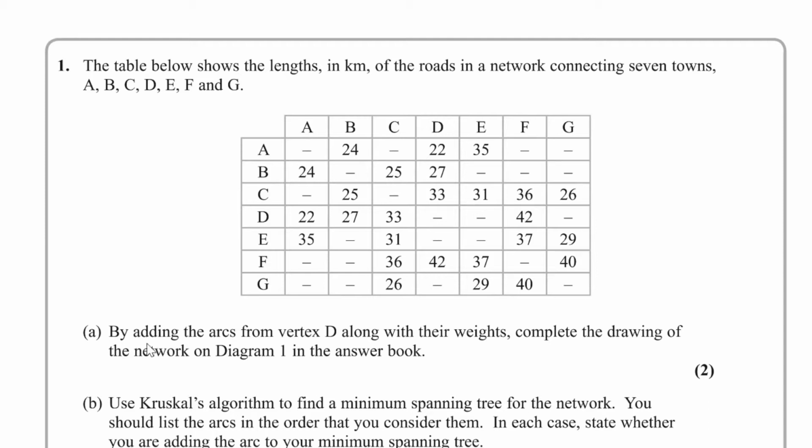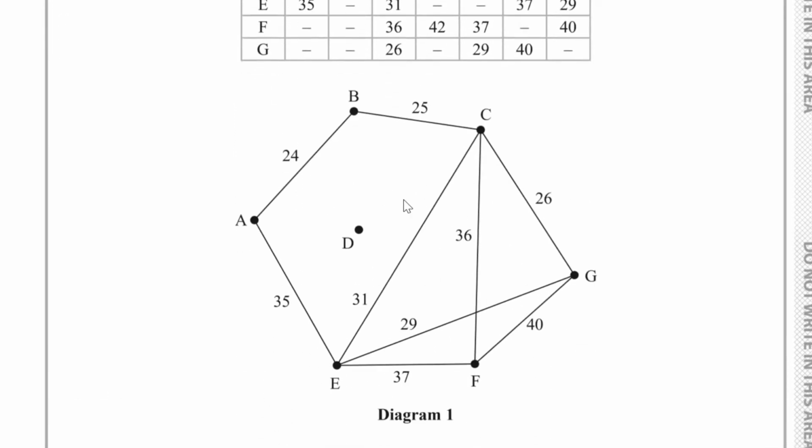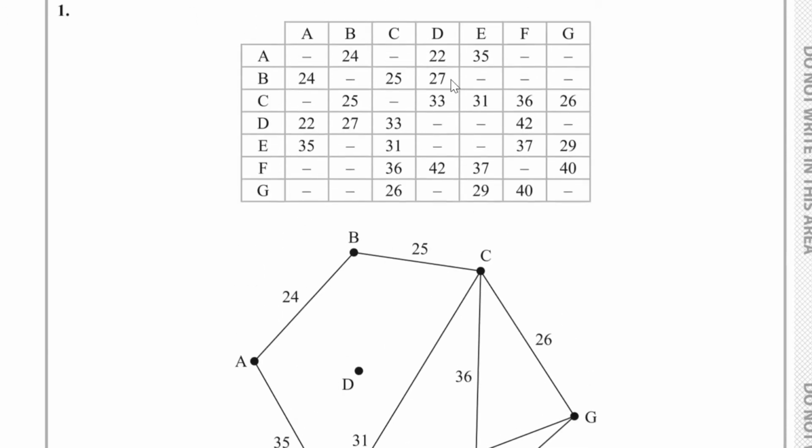For part A, by adding the arcs from vertex D along with their weights, we have to complete the drawing of the network on diagram 1 in the answer book. So if we go to the answer book here, we have diagram 1, and what we have to do in this question using the table here is complete this network by adding the arcs from vertex D over here. So for part A,